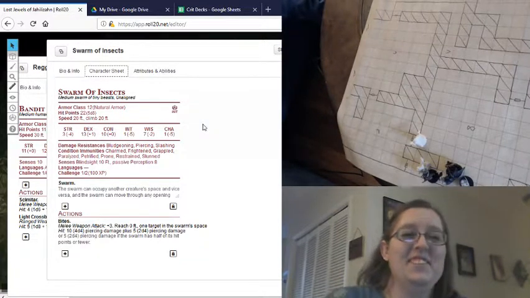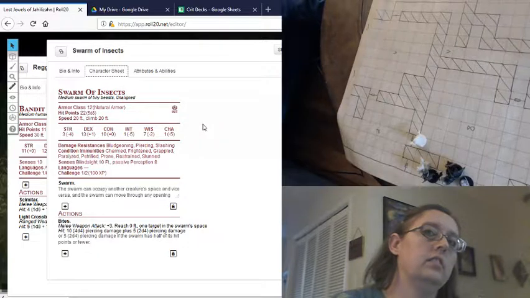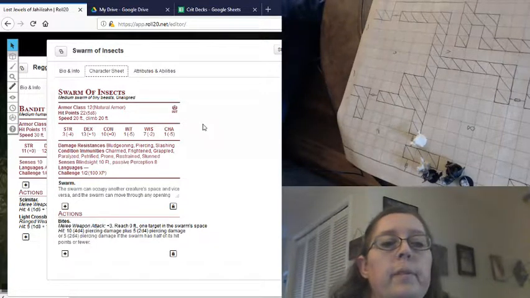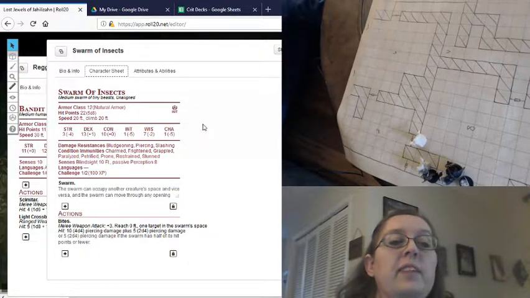Okay, so nature, which is going off base intelligence because I don't have the skill, so plus 1 makes it a 15. That's basically everybody's just good enough to know a little bit about these creatures. The normal damage types don't work against them: bludgeoning, piercing, or slashing. They're resistant to that. They're immune to being charmed, frightened, grappled, paralyzed, petrified,